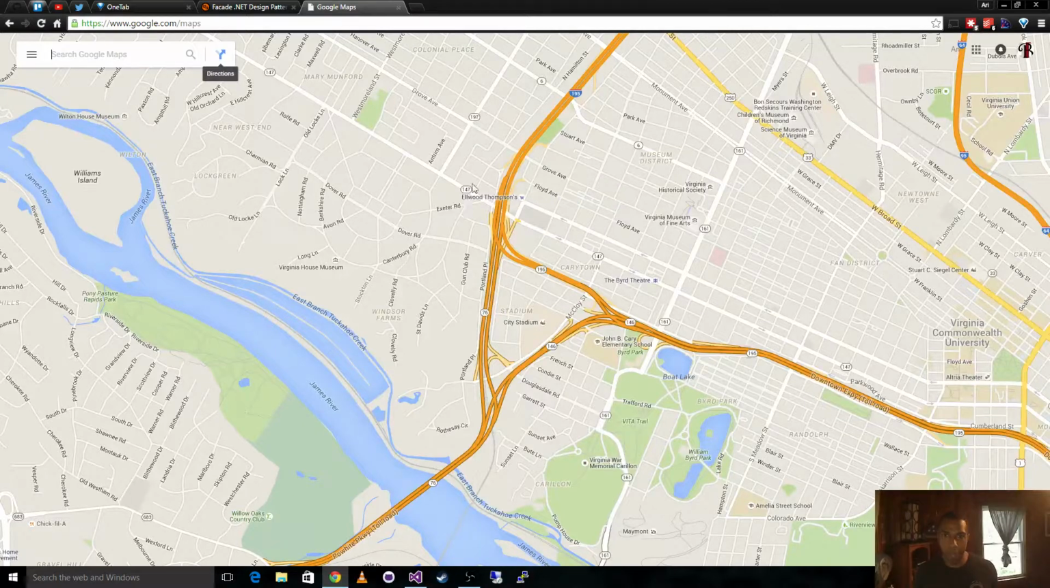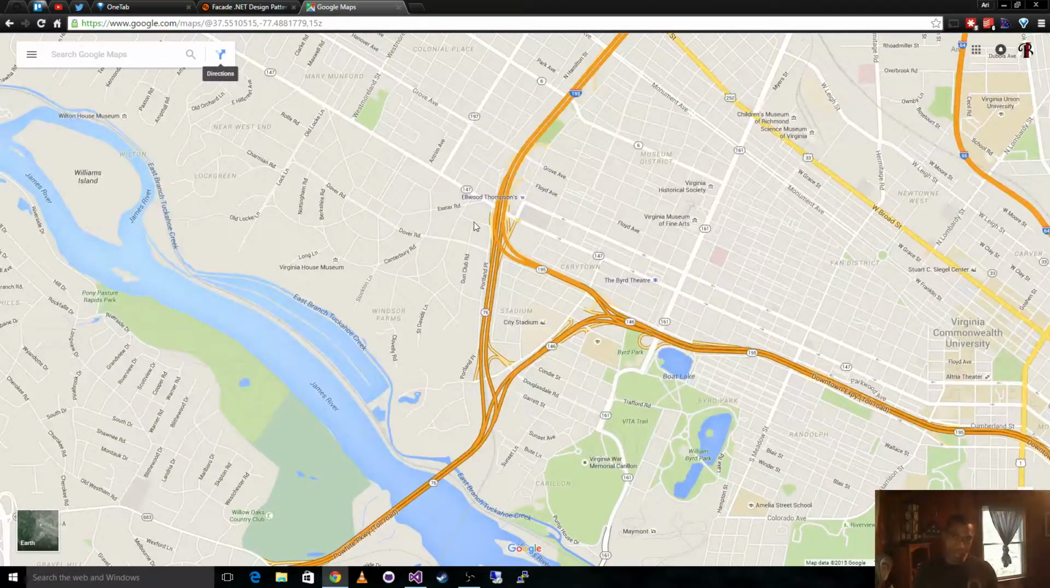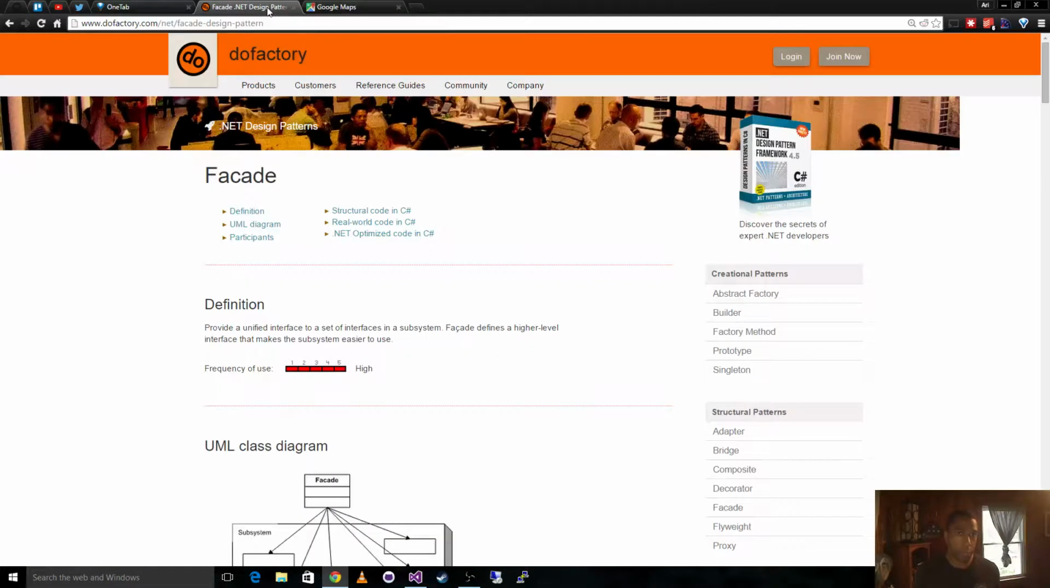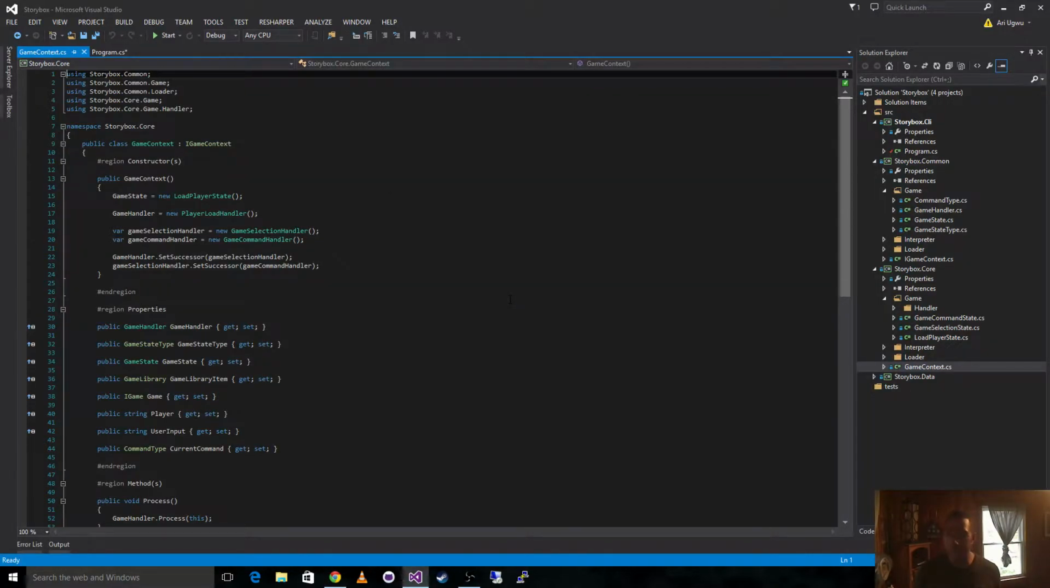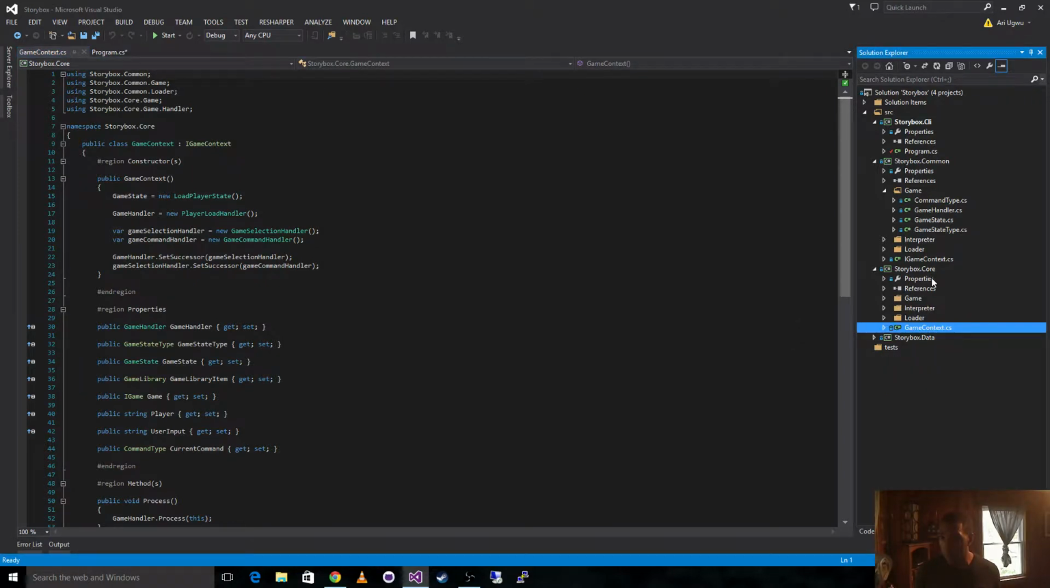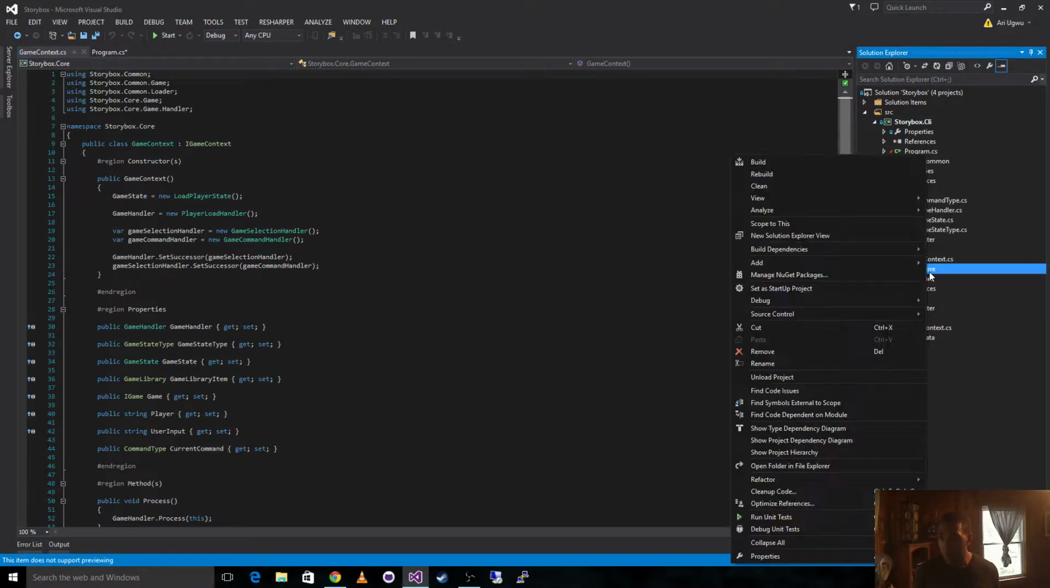So if I was to come to Google Maps, right? So this entirety that we're looking at is the facade, right? And then underneath of that is calling various APIs. I hope that makes sense. So you're going to see the same thing when we deal with pretty much any application. So let's go ahead and